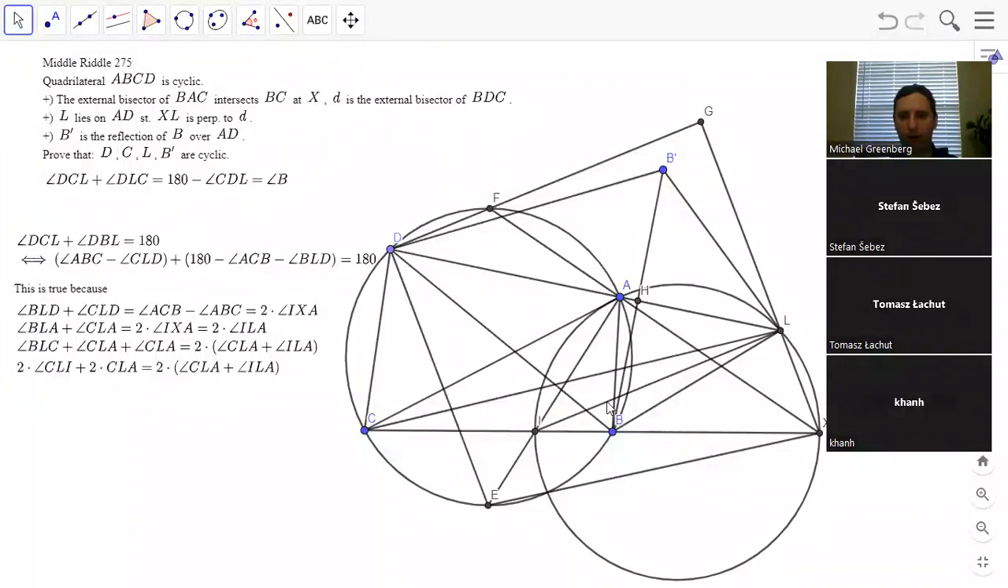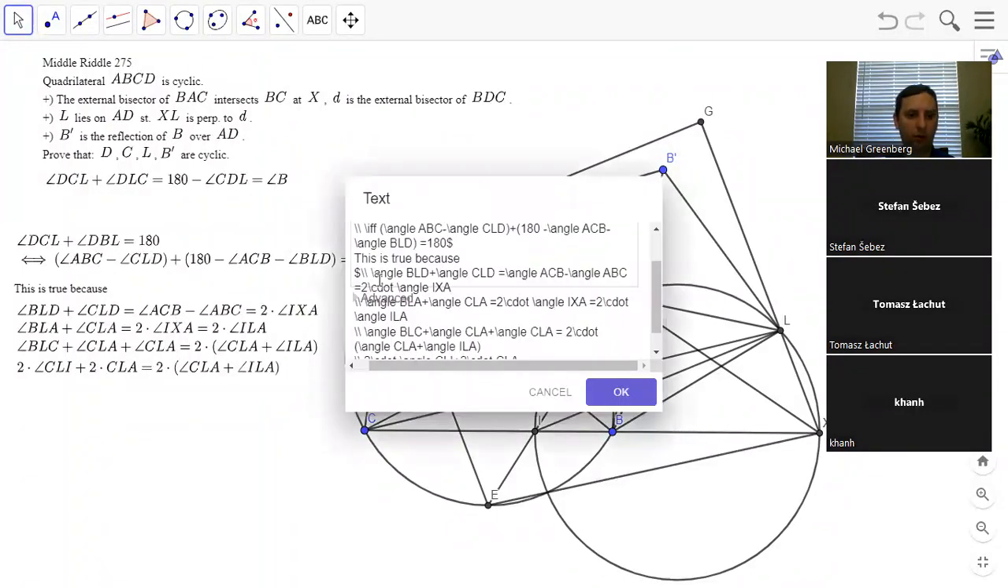So wait, let's think about that. BLD plus CLD. Yeah. Is this obvious, or wait, if we prove this, that would solve it, right? Yeah, this is just all equivalences. We start from DCL plus DBL is 180, and then take equivalences until we get something which is true. Okay. You see, in the last line,